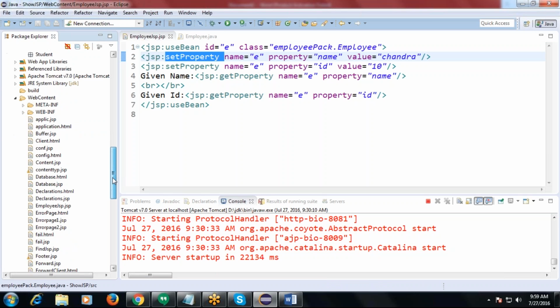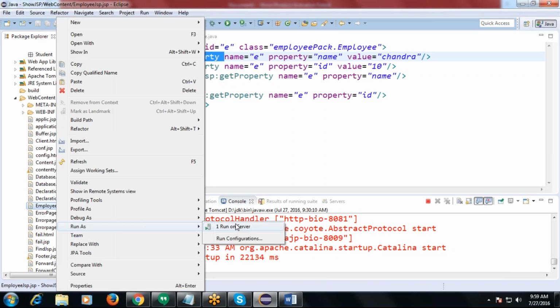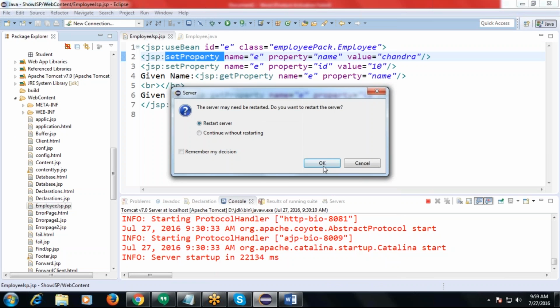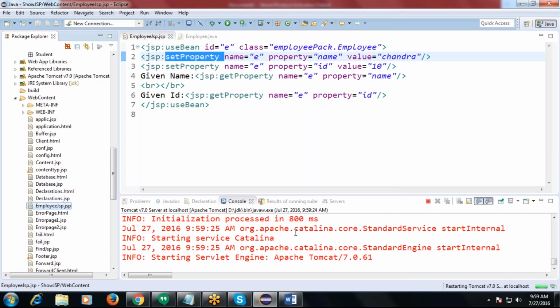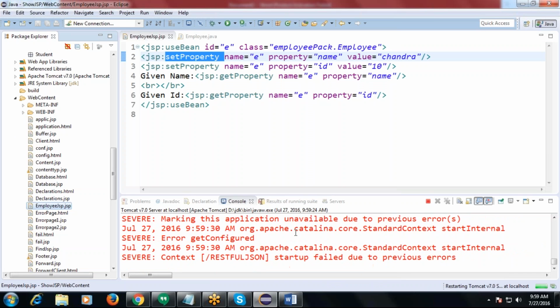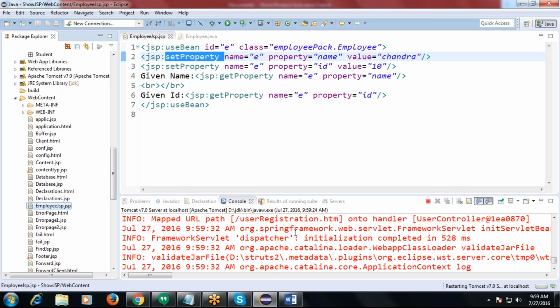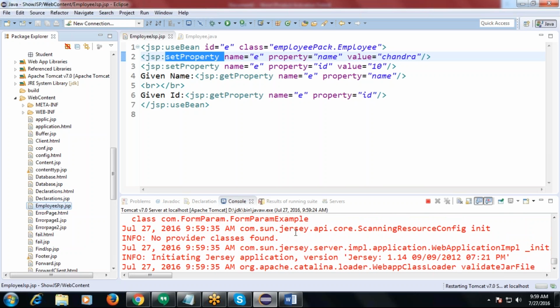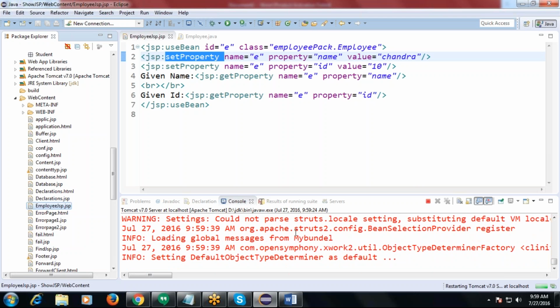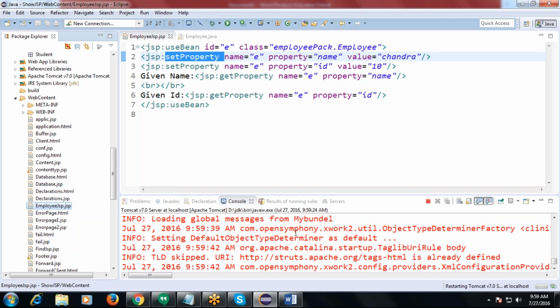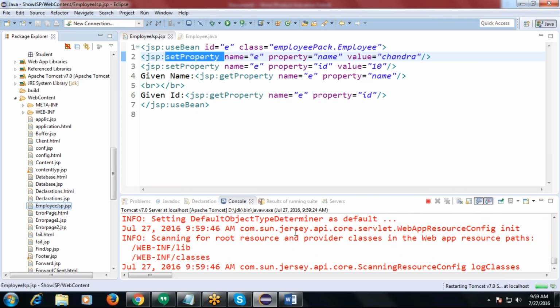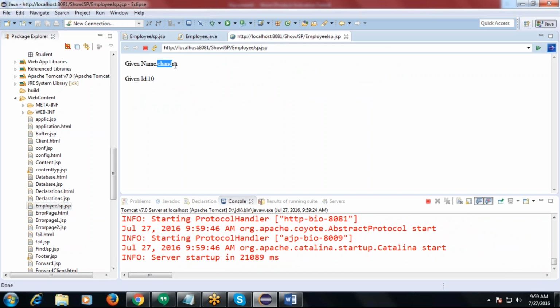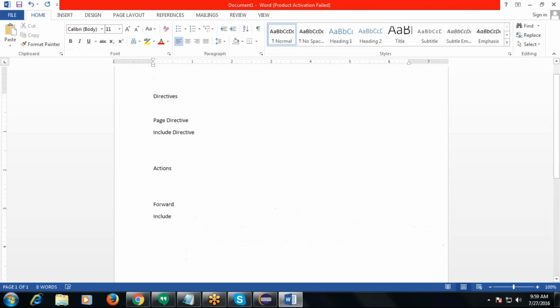So if we execute this program, you see this. Now here you see the values we gave for certain methods are displayed. That is about actions. The third type of action is nothing but useBean action.